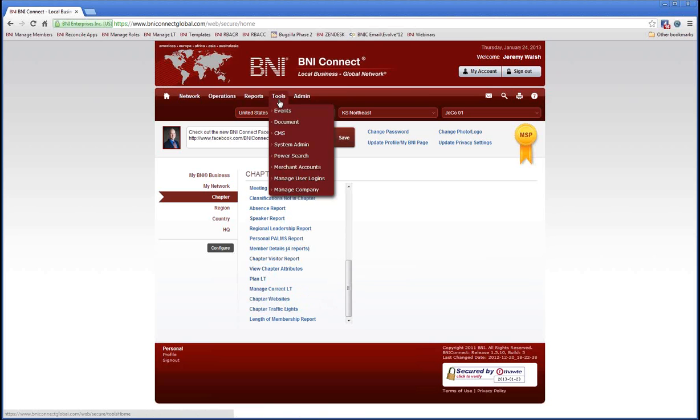Now, if that's not available, if Tools CMS is not listed or the Tools function isn't there at all, you do need to contact your chapter director, consultant, executive director, or your regional office, and they will be able to assign this permission to you. It is something that does need to be granted from your regional office. So once you do have the permission, you'll see